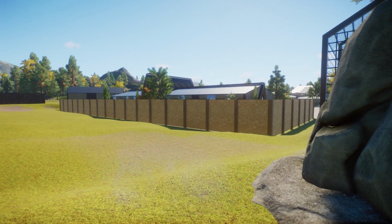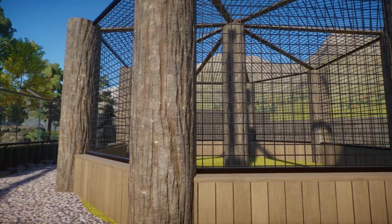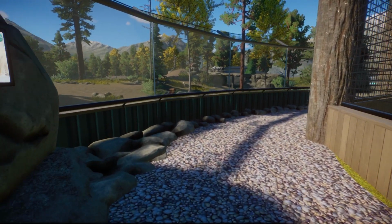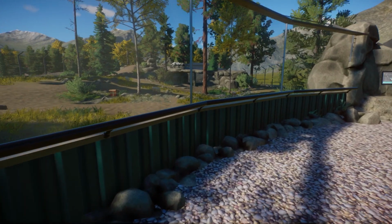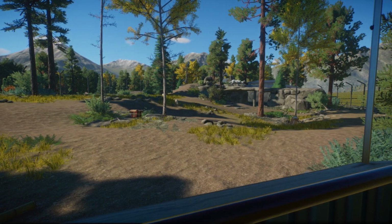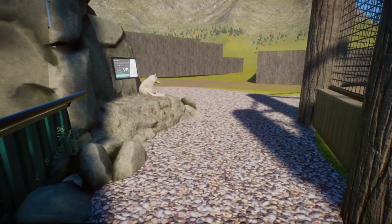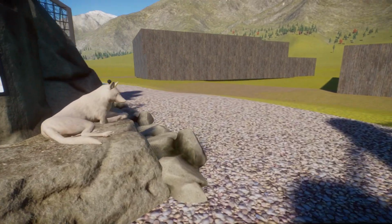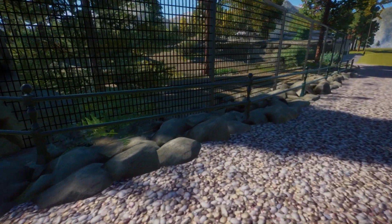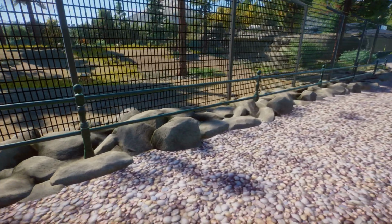Over on this side, that's the Boreal Cafe from last time. And then over here we have our aviary with nothing in it just yet, but maybe soon. So as we walk over here, we get a great view of basically the whole habitat. Obviously can't see over the bridge, but close enough. You can see the bridge, and that's kind of the point of this habitat. Over here we just have the view through the mesh, so not as great of a view, but still pretty